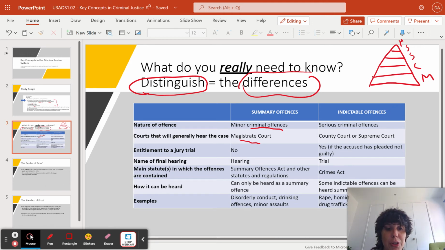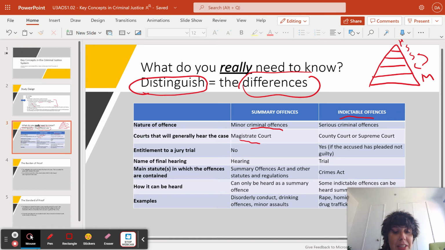Okay, so the alternative is an indictable offence. Okay, these are more serious crimes. They're heard in either the Supreme Court or the county court, so above the magistrate's court, county court, and then Supreme Court. These serious crimes might include manslaughter, murder, robbery, armed robbery. And you will get a jury for an indictable offence in Victoria, and all of these crimes are written in the